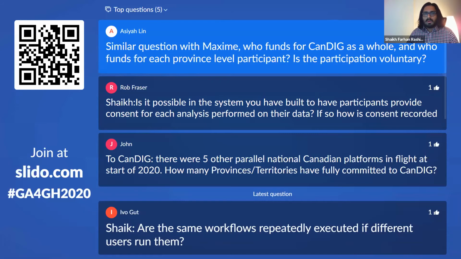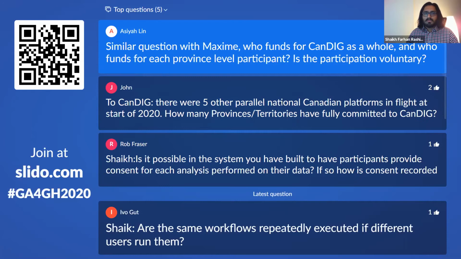And overall, as the CanDIG platform grows, we hope that external entities, hopefully from the federal government, will be able to provide the resources and funding in order to make genomic and data sharing in general accessible and available for all institutions who want to join the CanDIG network. Great.